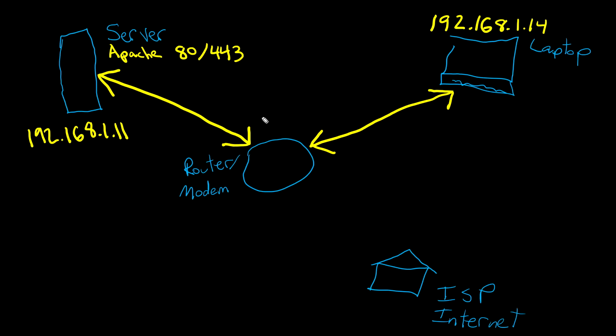So if I've got Apache running on the server, with my laptop I should be able to type in the IP address of this. So I should be able to go http://